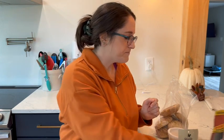But we're just gonna do the simple stovetop directions for this. I also got some gravy packets. Gravy is one of the places that often hides gluten. People often make it with flour. It could alternatively be made with cornstarch, which would make it gluten-free, but you really need to check the ingredients